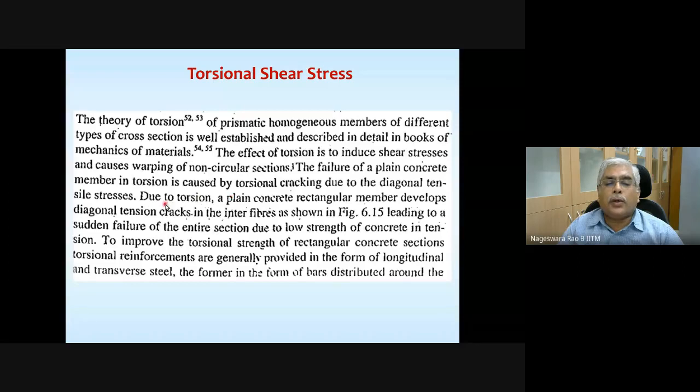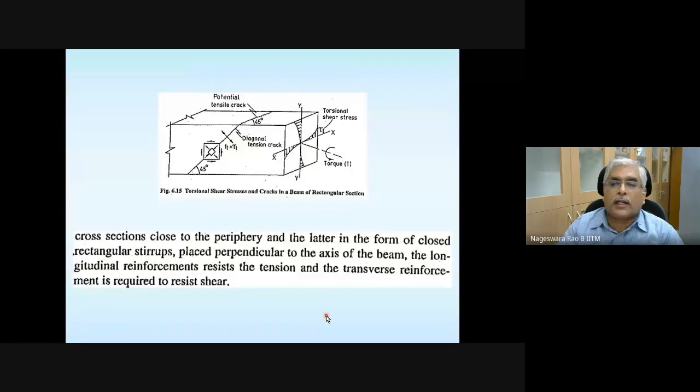So due to torsion, a plain concrete rectangular member develops diagonal tension cracks, like what is shown here. Forget for a while about the reinforcement that is present; assume it to be plain concrete. This plain concrete member is subjected to torque. It's a non-circular cross-section, and the torsional stress distribution is shown here.